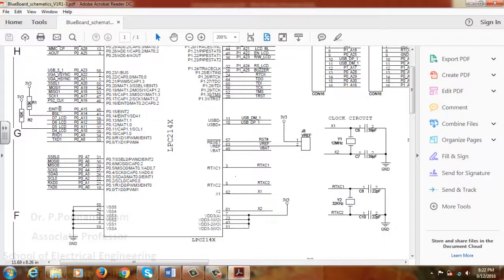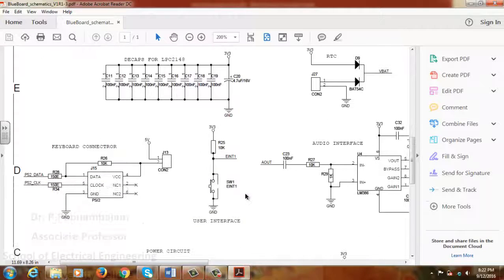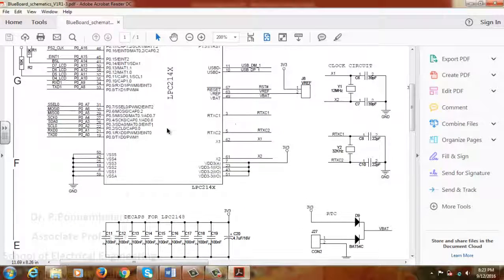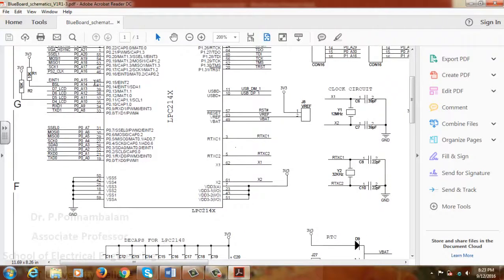This EINT1 is connected through this particular circuitry. The voltage is connected with a 10K resistor, and you have this push button that is connected to the ground. When the push button is open, the voltage is given to the external interrupt 2, so it will always be high. We have to make the external interrupt active when the signal is low.